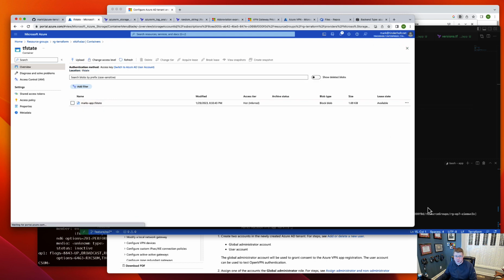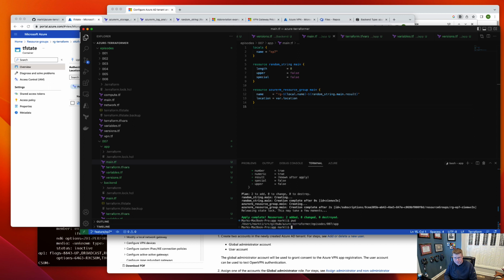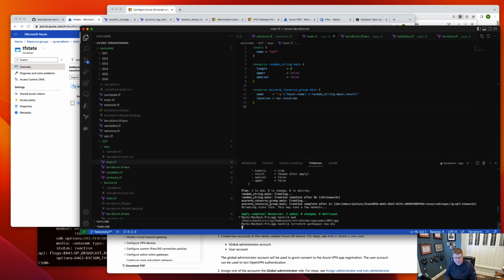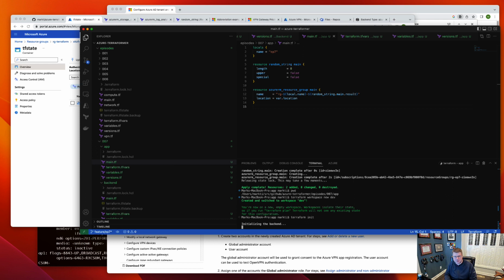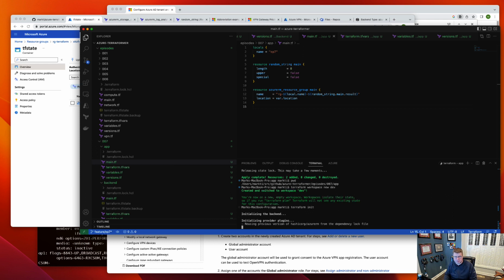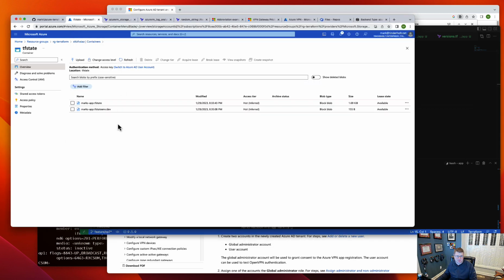Now, what I want to show you now is how Workspaces works in this environment. So I am in app, so I'm going to go Terraform Workspace new dev, and that's going to switch to a different Terraform workspace. And now I'm going to do Terraform init, and this is going to initialize a new workspace called dev. And so out here we should see, Mark's app, TF state,